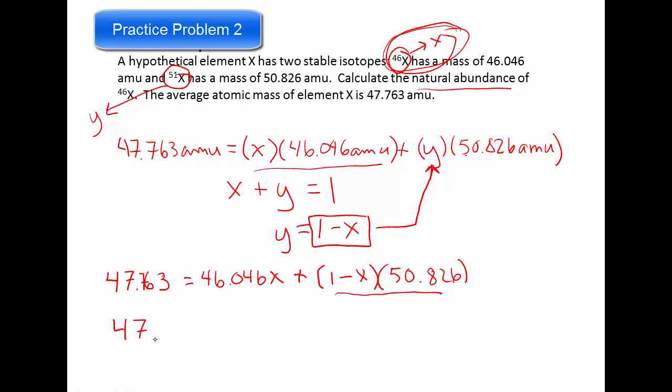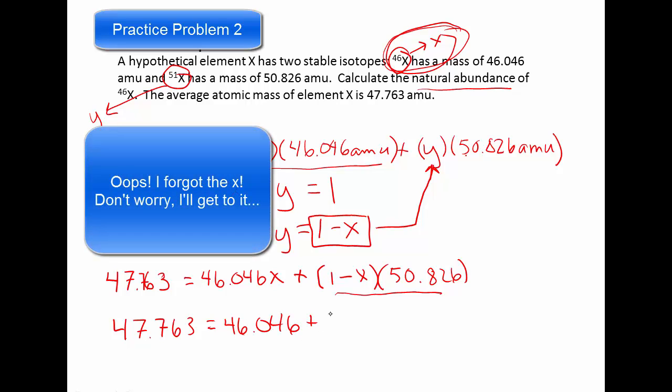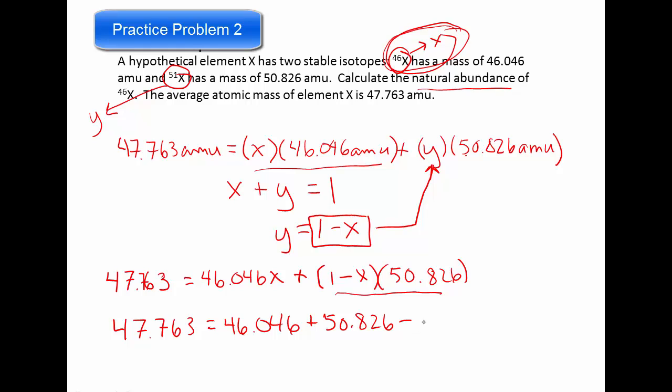So we have 47.763 is equal to 46.046x plus. So 1 times the 50.826 is 50.826 minus x times 50.826, which would be 50.826x. So now we need to get all of our like terms. Oh, look at that, I missed an x there. Sorry about that. So that x is just going to go down there. So our like terms, our x terms, are both on the right side. This one and this one. This 50.826 we're going to carry over to this side by subtracting. So we're going to get